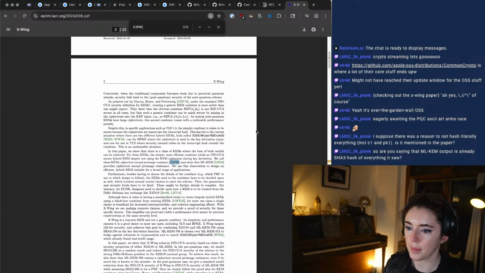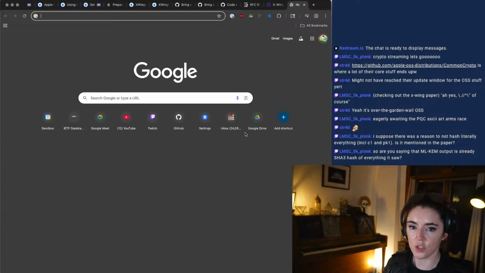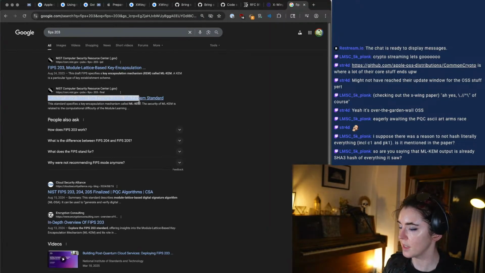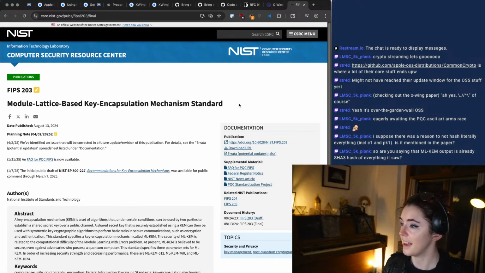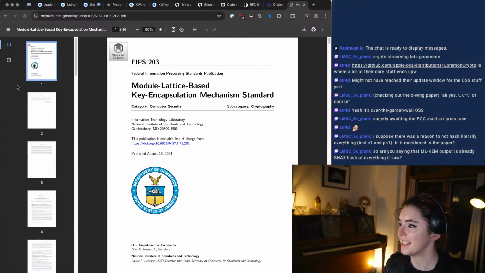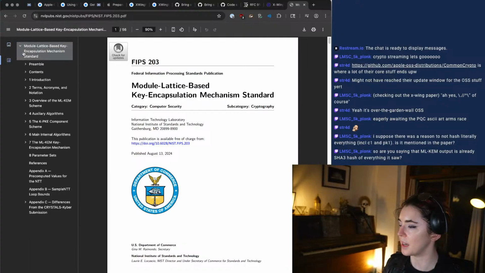You're saying that ML-KEM output is already a SHA-3 hash of everything it saw. Yes-ish. Indirectly. Let me go into my good friend, ML-KEM 256. Sorry, that's not a thing. ML-KEM, FIPS 203. I'll bring up what we got for